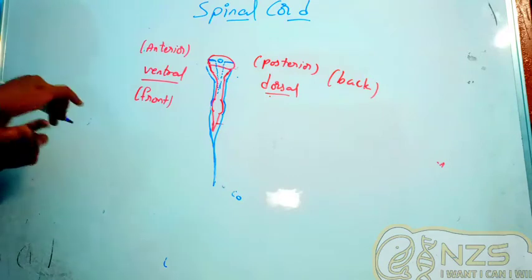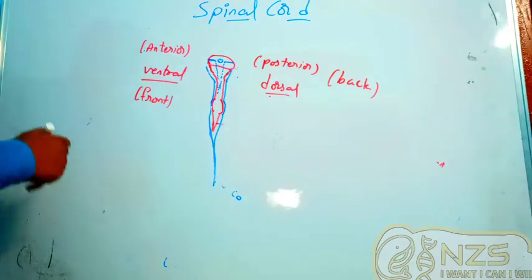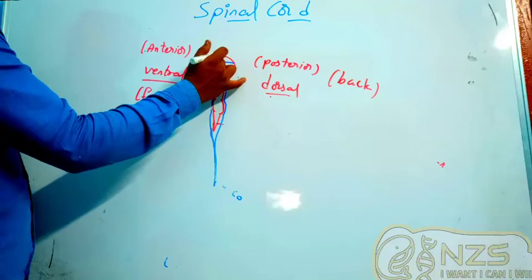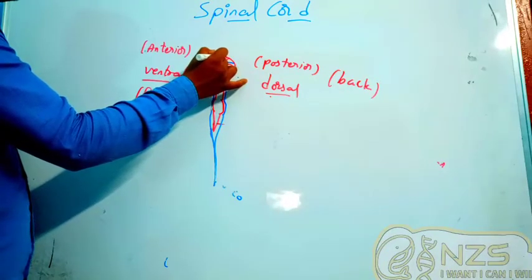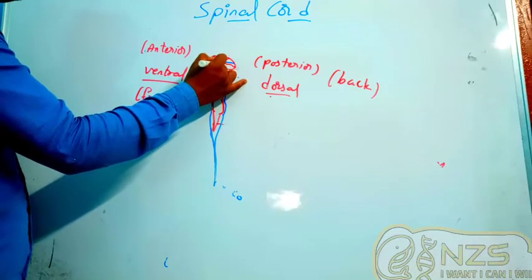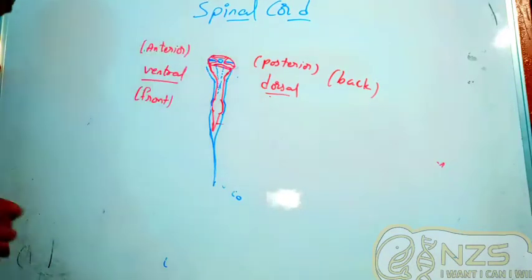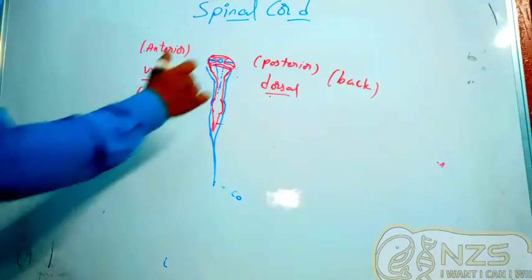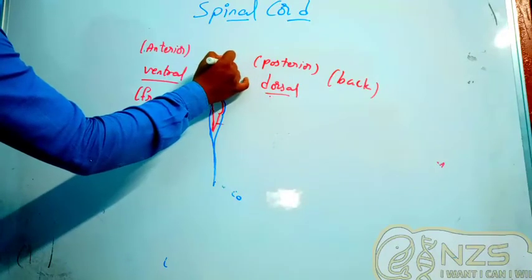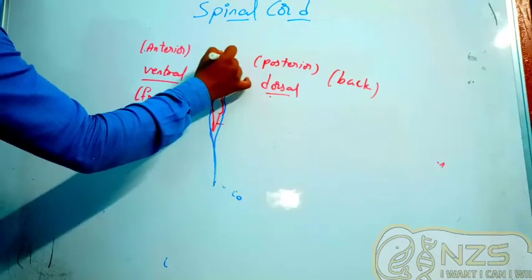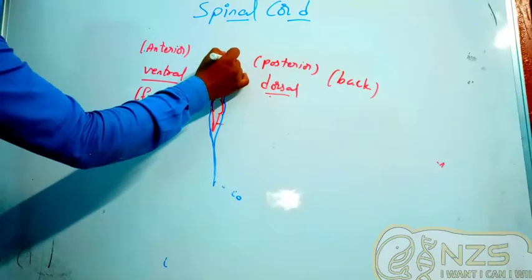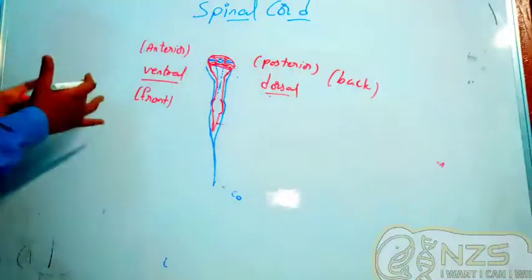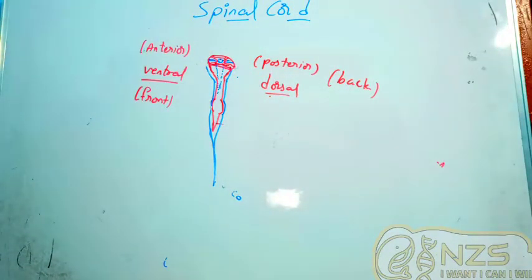Now then what can we see? We can see grey matter around this central canal. It is an H-shaped grey matter. I'll zoom it, don't worry. So you can see an H-shaped grey matter around this central canal, and we can also observe the funiculus, the white matter. So this is grey matter, I'm just covering it with red color. And here I'll just put a blue dot. This is white matter. We'll zoom it and observe how it looks in the normal fashion.